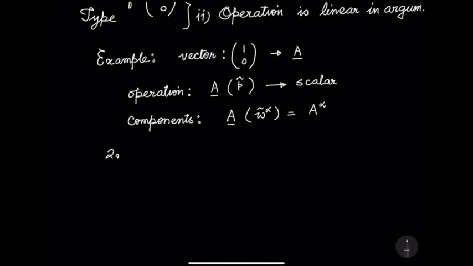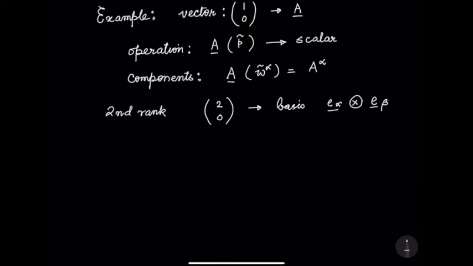Second rank case, I can have 2, 0. Just from the previous example, this basis can be composed of the basis of the vectors. And if we come to more solid examples of this,